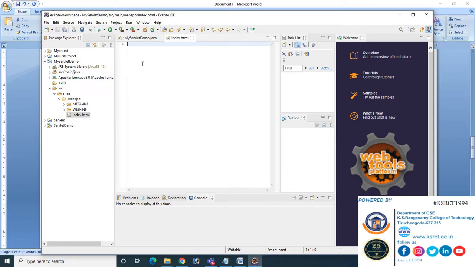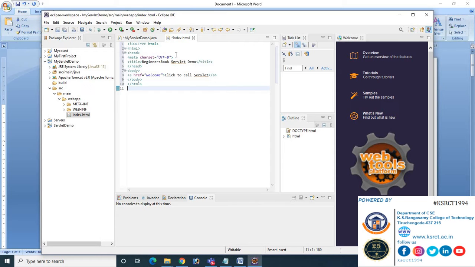So now we have to give the HTML code here. So this is the HTML code. The HTML head title, let us give something title as beginners book servlet demo, and then in that body we have to give the anchor tag, that is welcome.